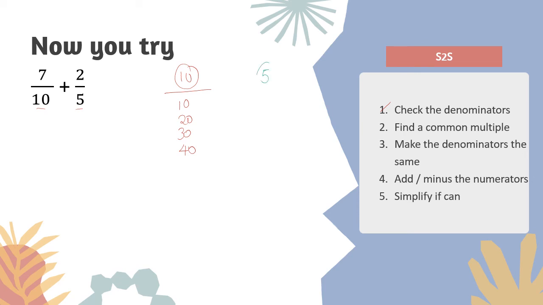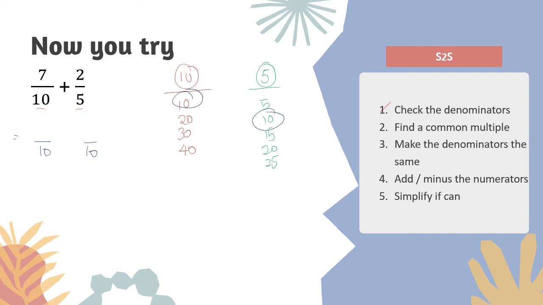Next, we need to list out multiples of 5. We have 5, 10, 15, 20, 25. Okay. Then you need to find a common multiple, which means you need to find the same number between these two multiples. So the first one that you see is 10 and a 10. So this time, we want to make the denominator as 10,